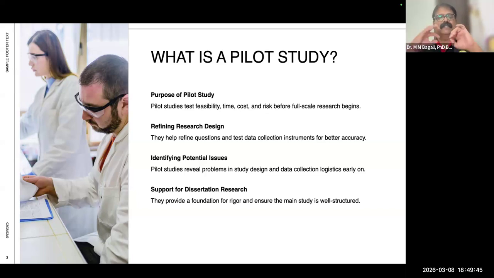So you have this research design, and when you go to a pilot study, what it helps you with is that it refines your questions. Say you have 10 questions to ask a faculty about storytelling and students' outcome. Mahua Paul wants to understand this.